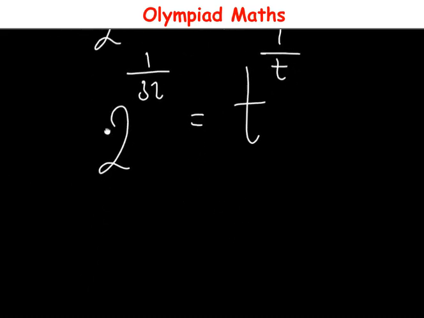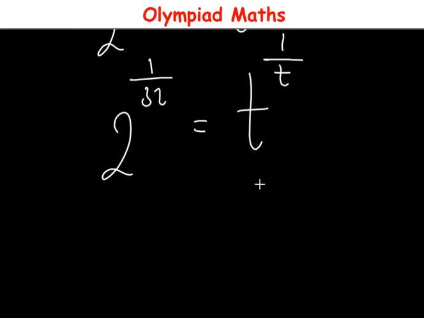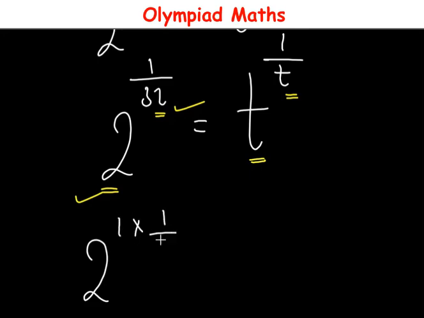So from here, we have this. Looking at the right hand side right here, you see that the base is equal to the power denominator, which is also t right here. But on the left hand side, the base right here is not equal to the power denominator, and we are going to make the base right here equal the power denominator. And to do so, we can simply solve it this way. So first, let's factorize out power 1 from here. So this becomes 2 raised to power 1 times 1 over 32 is equal to t raised to power 1